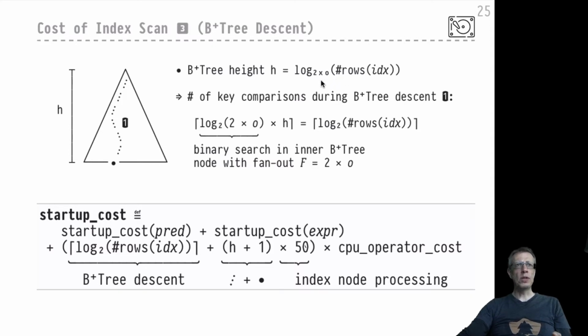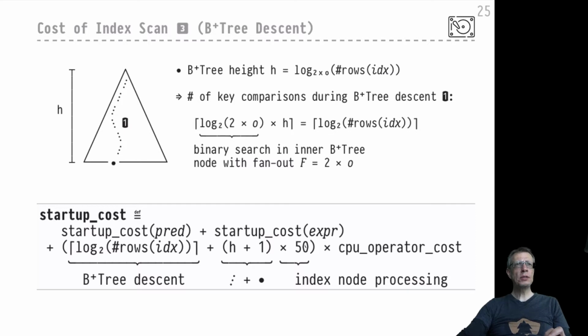We would try to operate over B+trees that have the maximum fan out, which would be 2 times the order of the B+tree. That would be the maximal fan out, and that would be the base of the logarithm that we would have to apply to the number of index entries to arrive at the height of the B+tree. While we descend through the B+tree, while we follow this particular path from the index root to the leaf level,